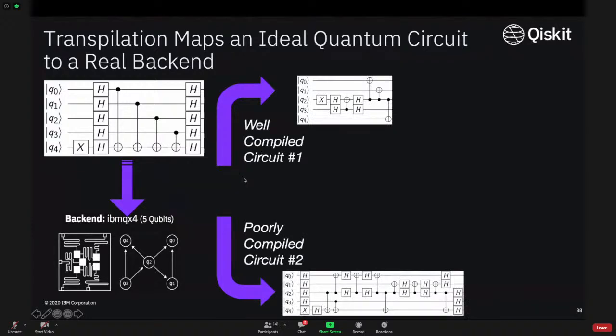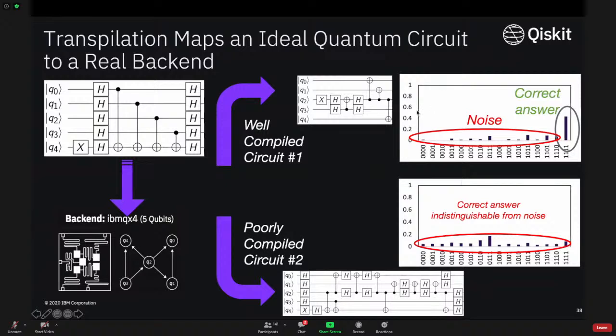Long story short, you can do this transpilation process intelligently and compile it well, or you can do it poorly and add in a lot of redundant, unnecessary C naughts and a lot of gates that you don't necessarily need to do. This becomes important because if you do it well, there's a good chance that the answer you're seeking will stand above the noise. But if you do it poorly, then all of a sudden the correct answer, the thing that you're actually trying to achieve and use this quantum computer to get, will be buried in the noise. And because these devices are very sensitive, you have to be rather intelligent in thinking about how to transpile this